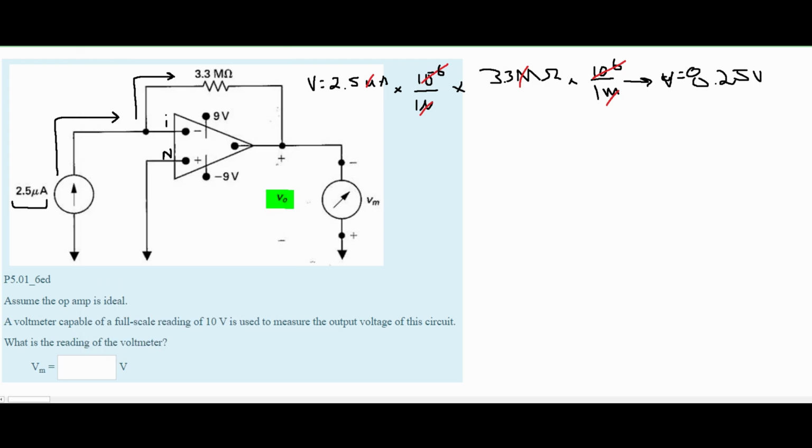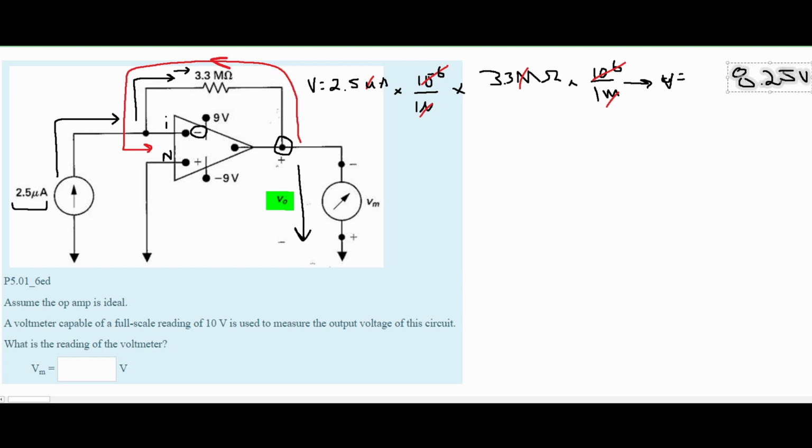8.25. Now we know that this is an inverted amplifier circuit because our I for the inverted, the negative, is on top. So that means we have some voltage flowing out of our output back into our op-amp. And we know our voltage, or V naught, is going into the positive and out of the negative, like this. So we have a node here, and then we know that since our current, our 2.5 microamps, is flowing to the right, and our voltage will be flowing to the left, the volts that we just found, V equal to 8.25, is actually a negative 8.25,